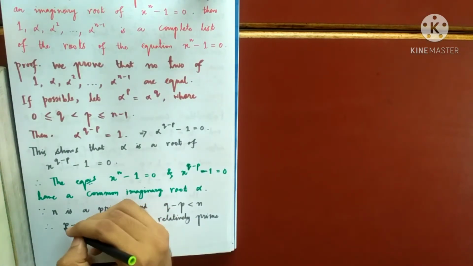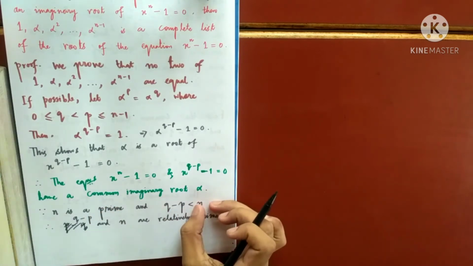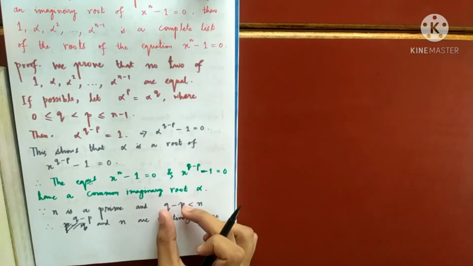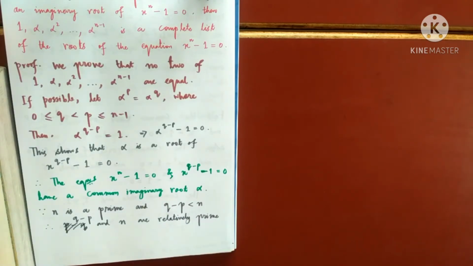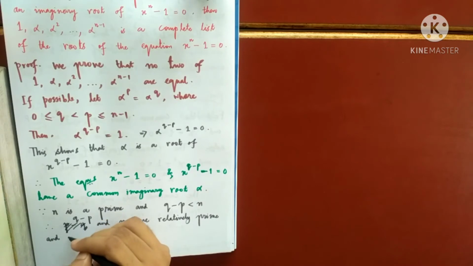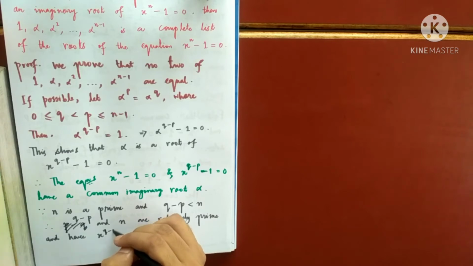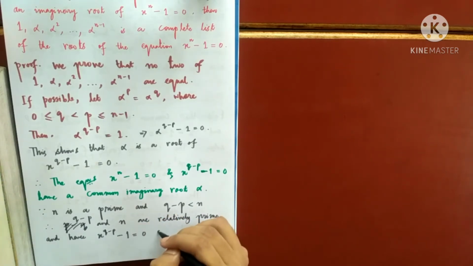Sorry, this is q minus p. So this is a number less than n and n is a prime. So this number must be relatively prime to n. Because you choose any prime number, you choose 7, and look at the numbers which are less than 7: 6, 5, 4, 3, 2, 1. All of them are relatively prime to 7. So since n is a prime and this is less than n, this and this are relatively prime, and hence, we have done this theorem, and hence this equation and this equation